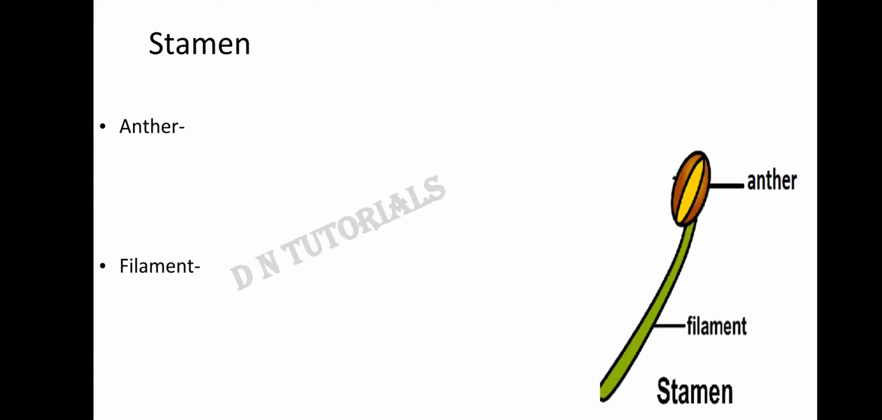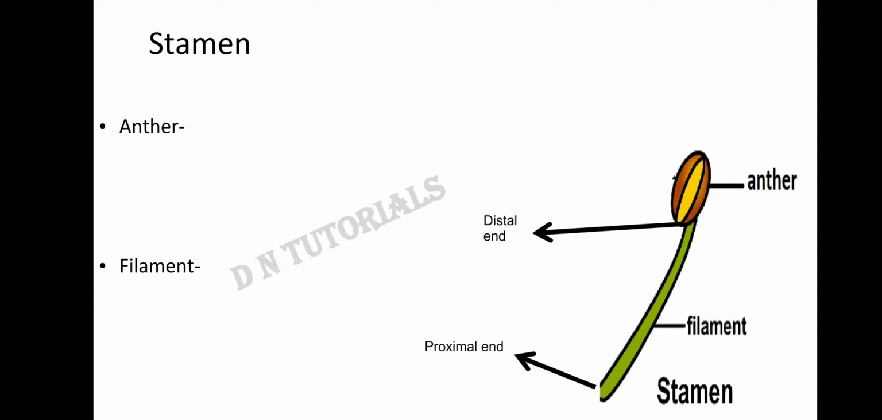Now first we will be discussing stamen, since in this chapter we are going to discuss androecium and gynoecium only. So in androecium, the first structure that forms androecium is the stamen. Stamen is formed by two parts, anther and filament. Anther is a swollen knob-like structure and filament is a thread-like structure. Anther and filament are connected to the thalamus,